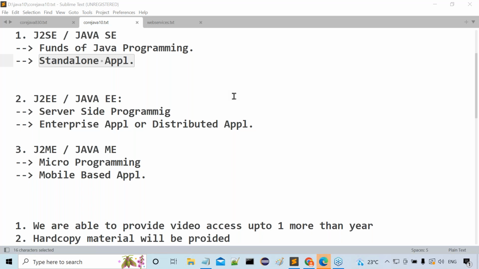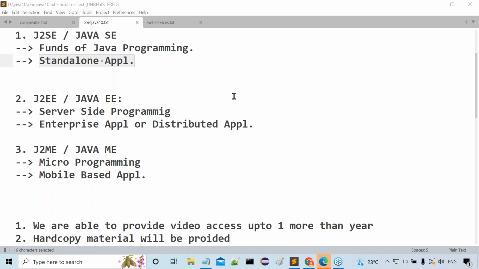All right, guys. Then after completion of this, the J2ME part is available. What is this J2ME actually? Java 2 Micro Edition. What will it cover? Micro programming. By using micro programming, which type of applications are we able to prepare? Mobile based applications. What is a mobile based application? If we design and execute any application on the basis of mobile hardware architecture, then that is a mobile based application. Then what is the demand for mobile based applications outside?